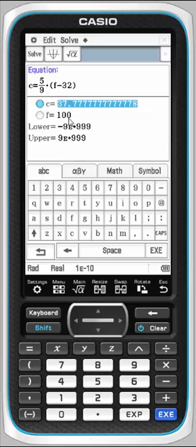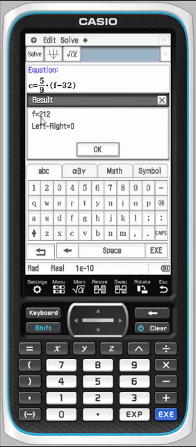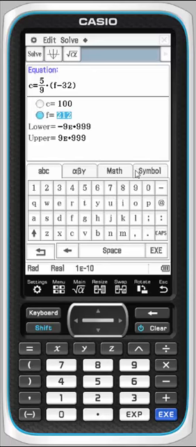Now if I want to compute the other way around, I can just tap on that number next to Celsius, put in a number, let's say 100 degrees Celsius, make sure the radio button next to F is now highlighted, so I'll solve for F, and when we press solve, sure enough we get 212 degrees Fahrenheit, which should look familiar to those of you who use Fahrenheit.